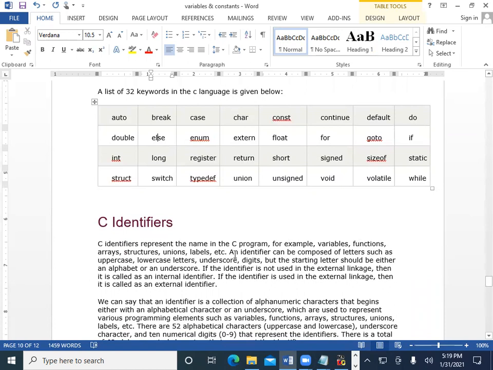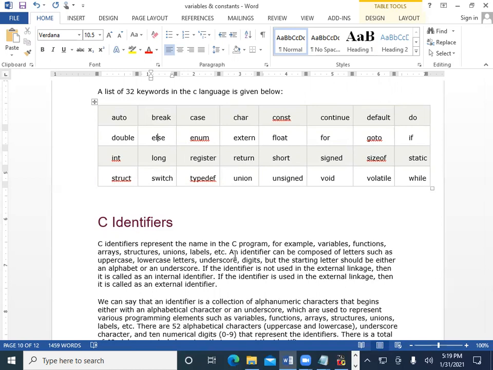So everything in a C program must be identified by its name. So this is nothing but the identifiers. An identifier can be composed of letters such as uppercase and lowercase letters, underscore, and digits, but the starting letter should be either an alphabet or underscore.